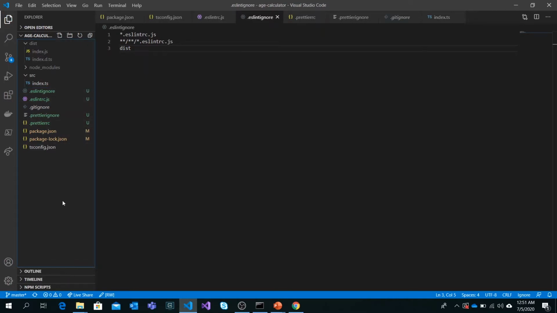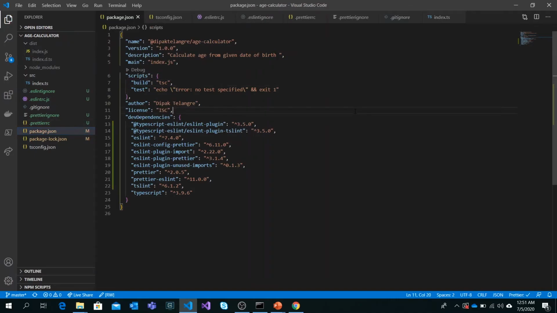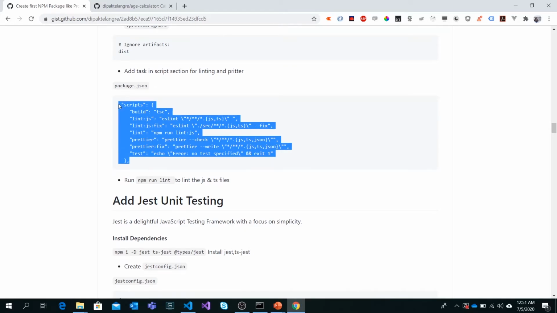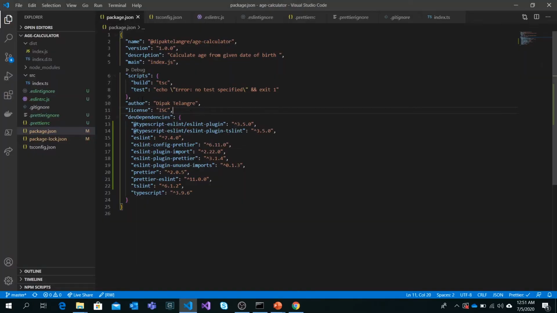So we are ready with adding this into the build task. Let's open the package.json and add some tasks for linting and doing the Prettier formatting. I have already prepared the task list and code for our application.